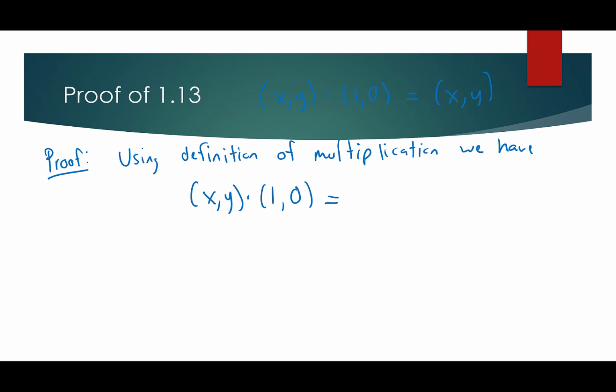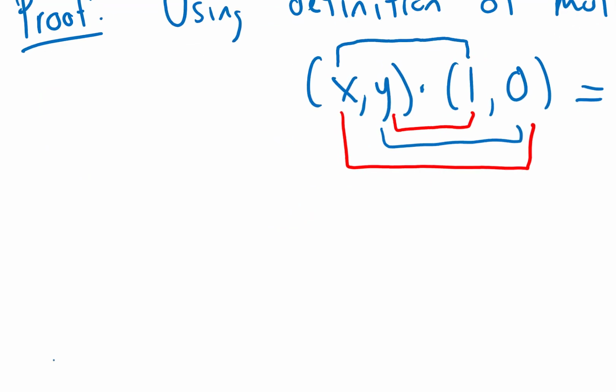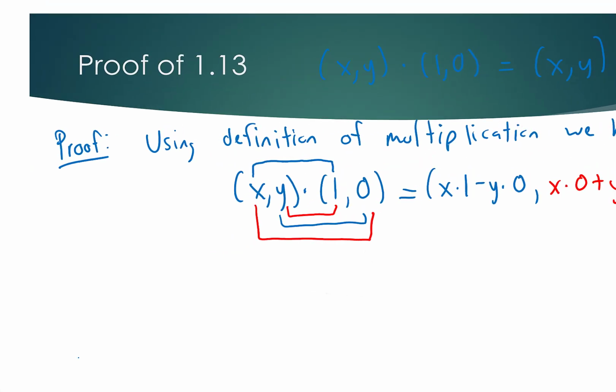There we go. Okay. So in any case, remember we have that strange FOIL, right? So we have, for the first coordinate, x times a minus y times b. So x times 1 minus y times 0, comma, we have x times b plus y times a. Okay. So again, that's using our strange multiplication there.